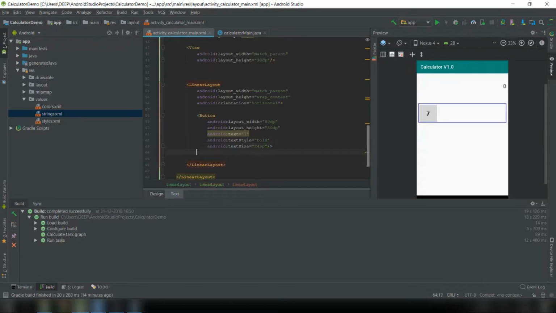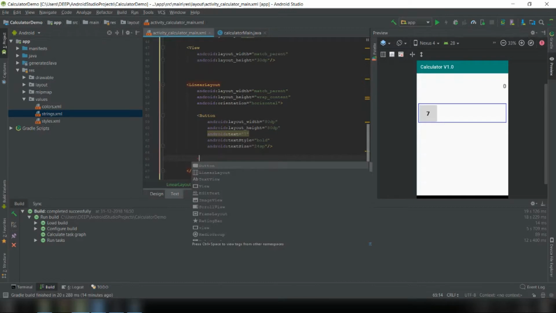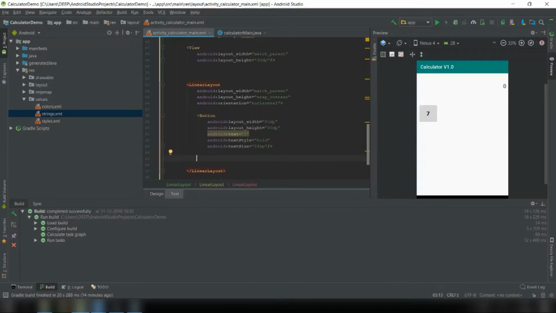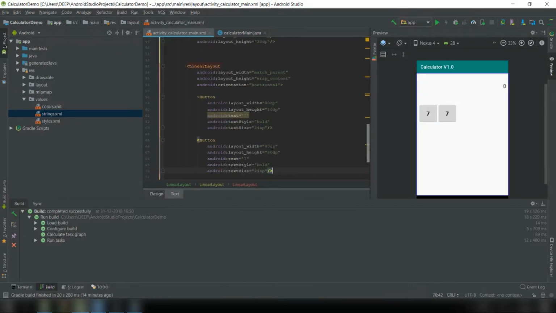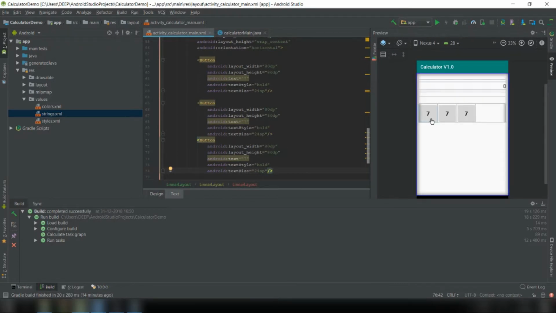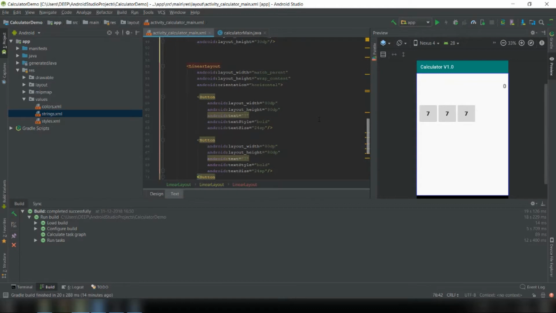Now create another button. This looks quite good, not bad, but let's not modify this. Let's keep it as it is,